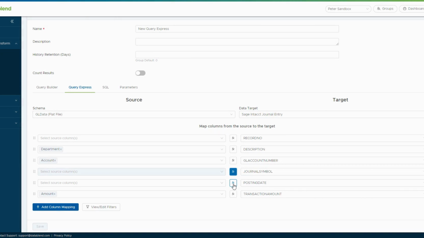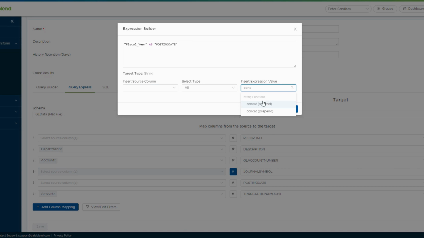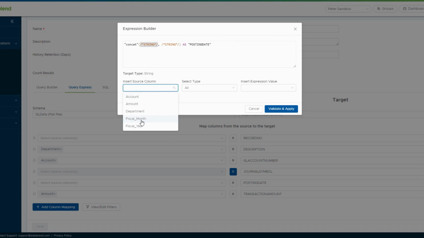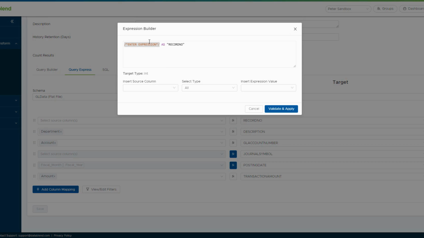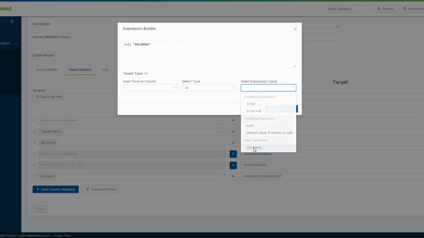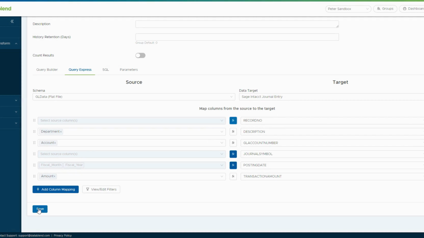Next, we'll move on to posting date, and here we might want to do a concatenation in this example. From here, take our fiscal month and then choose our fiscal year, and that becomes our posting date. Validate and apply that. So I'm just going to make my record number a null record. In my list of expressions, I'm going to search for null, and I'm going to make this a null literal. Validate and apply. Now I can save my query,